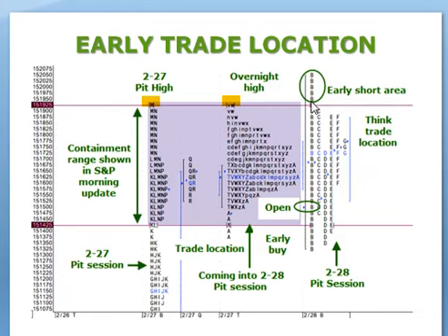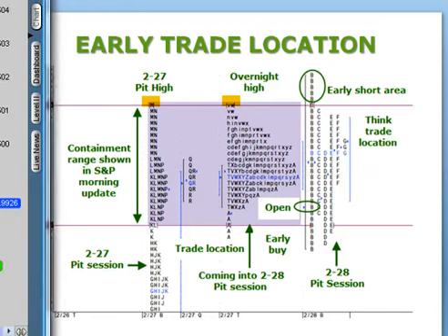I see two trades early on in the morning, and when you do that, you have structure to lean on. You have a better understanding. I would be willing to bet that an awful lot of people listening today placed trades in the center or in the fatter part of that containment range and probably got chopped up. Most people overtrade. Again, one of the statements I made, the best risk control element is structure and trade location.